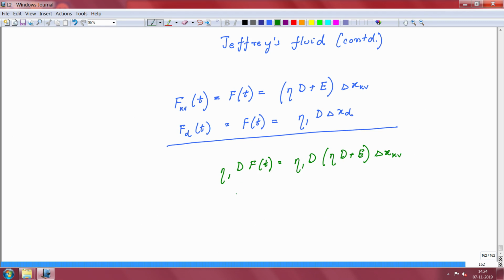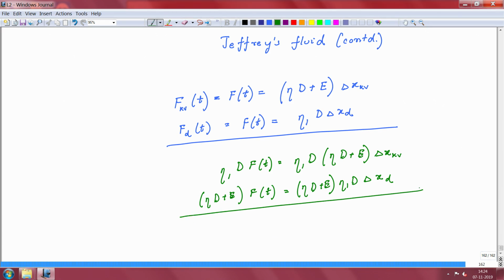And then we have to multiply the second equation with the appropriate one, in which case we are going to multiply it with this particular factor. So, we apply eta D plus E times f of t equal to eta D E eta 1 dashpot. Now, you can add these together. So, the addition is now possible. So, we add, okay,